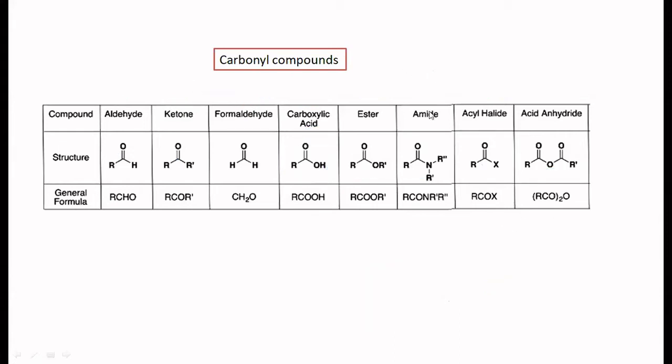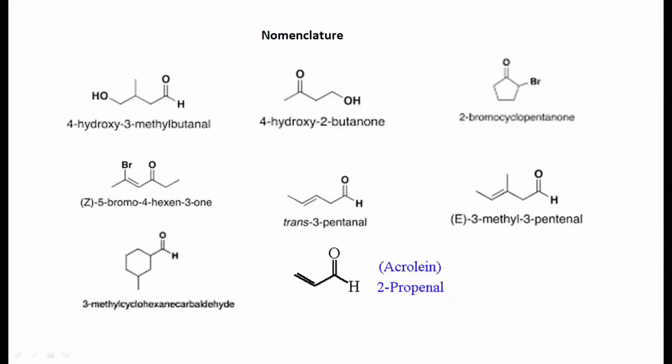Now coming to the nomenclature of that. Very simple, easy. Aldehydes get the suffix -al and ketones will get -one. Carboxylic acids get -oic acid, depending upon whether it is an open chain or closed chain. In closed chain compounds, you should be using carboxylic acid, or in case of aldehyde, carbaldehyde, like that. Okay.